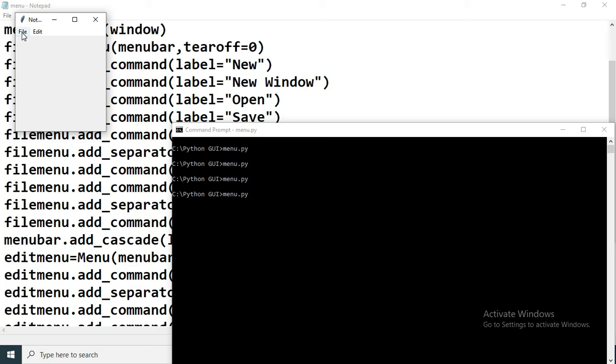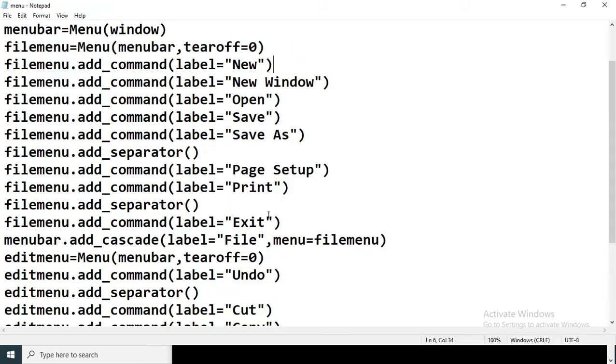So when I click on exit, if I want to close this particular window, where is the code for exit? This is the code for exit. When I click on this particular label, if I want to close the notepad, then on click of this exit, we know that we are using the command option.